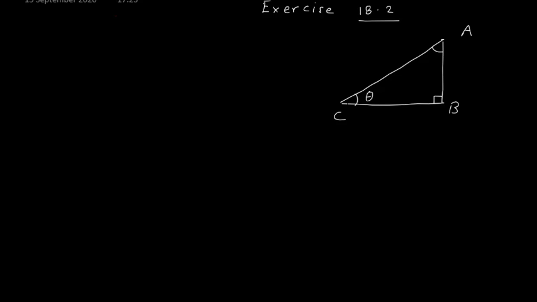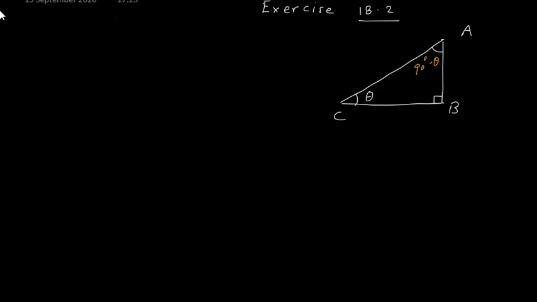Why complementary? Because as the measure of angle B is 90 degree, measure of angle A and C will also add up to 90 degree, as sum of three angles of a triangle is 180 degree. So your measure of angle A will be 90 minus theta. So here this angle you can write as 90 degree minus theta. So angle C, if it is theta, then angle A will be 90 minus theta.